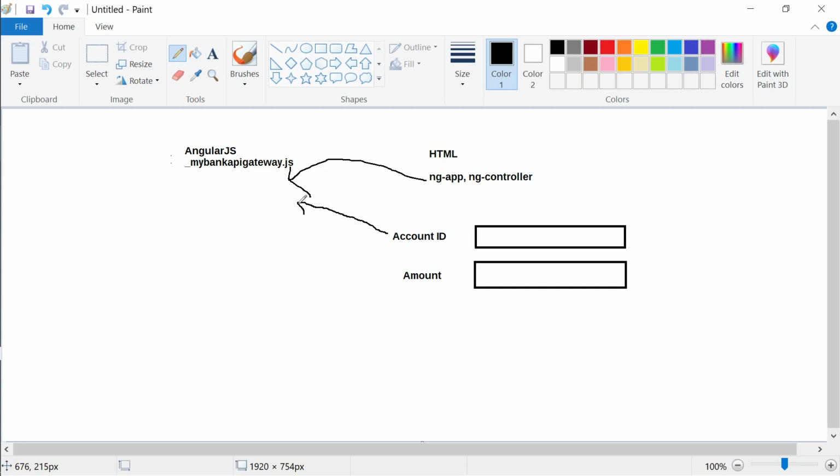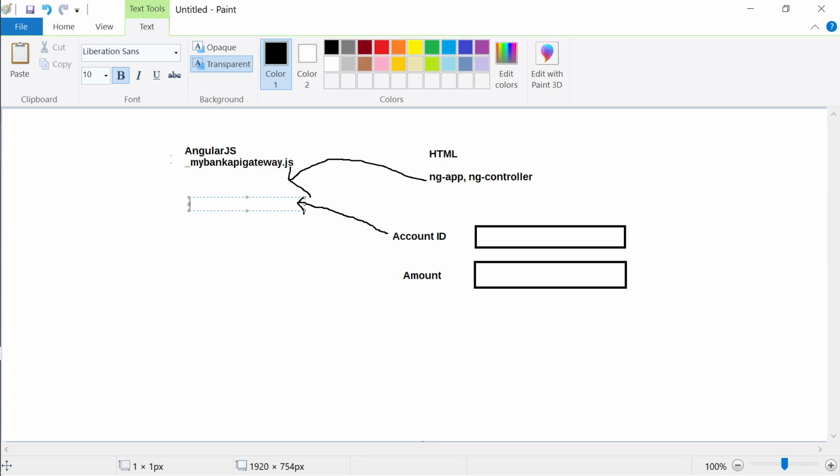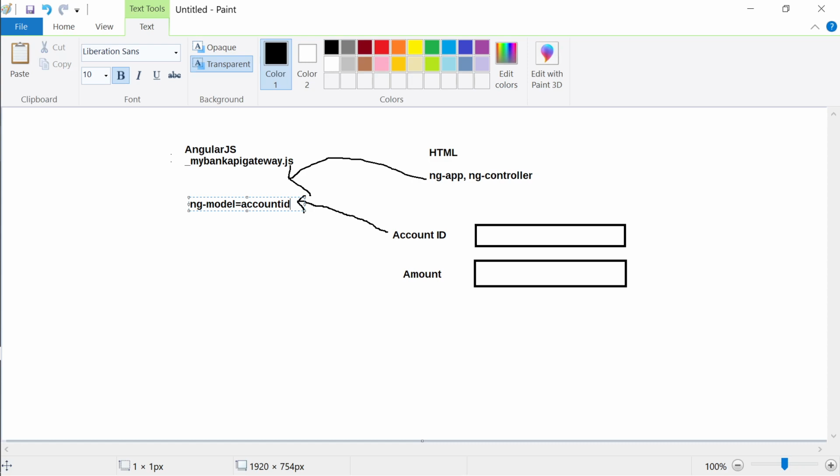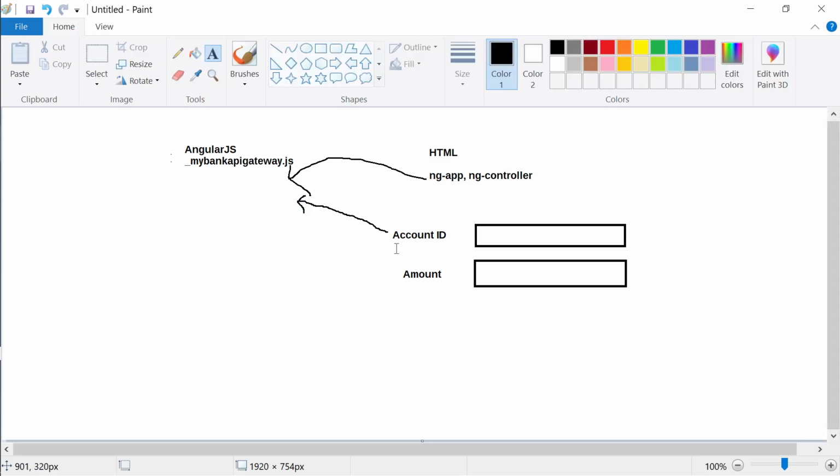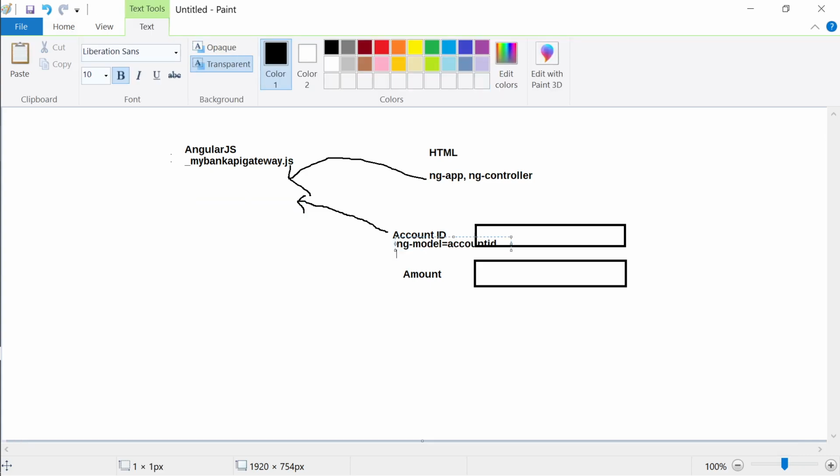So in this backend application, if somebody wants to read this value, the account ID, I defined it with ng-model. This is what I have already configured in the page itself.